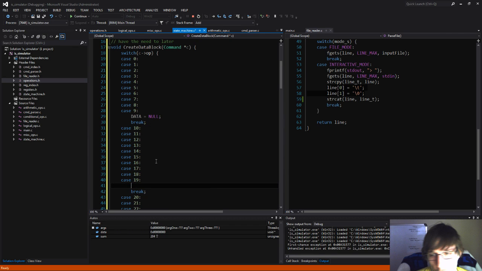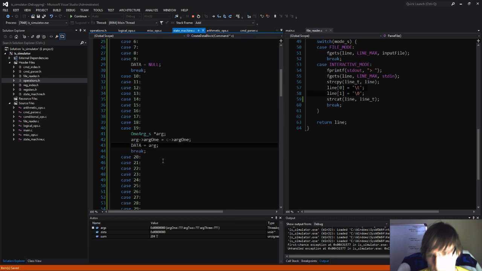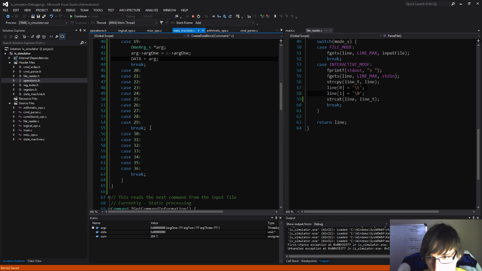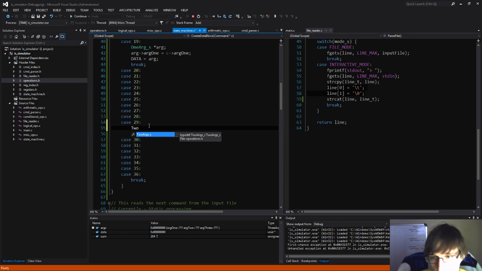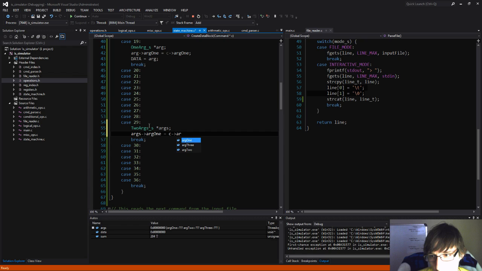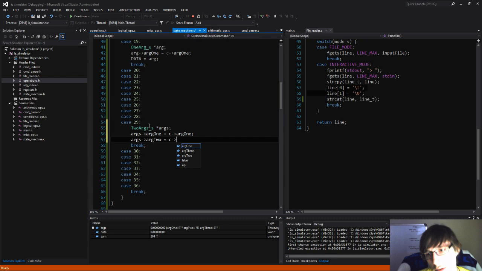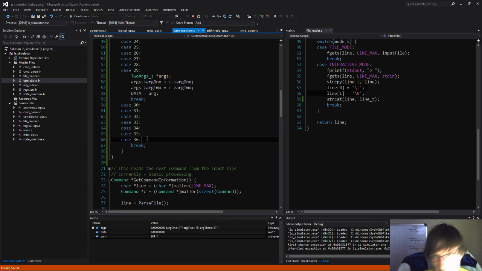One arg struct, one arg s, arg equals arg 1 equals c, and then equals arg1, and then break, and then here arg1, arg2 equals c arg2, and equals arg. And finally, if we have